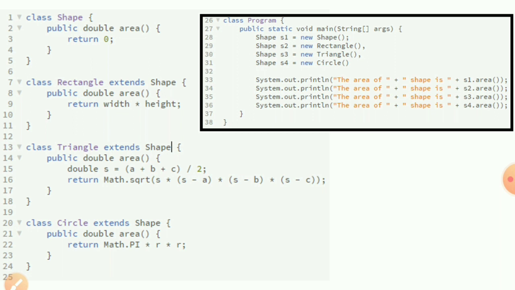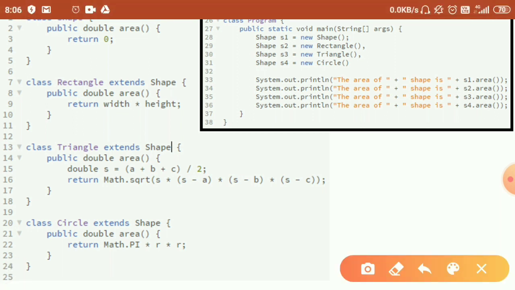Now let's come to the remaining classes. The second class, rectangle, is extending from shape. Recall, what is the use of the extends keyword? The extends keyword is used for inheriting from an existing class.